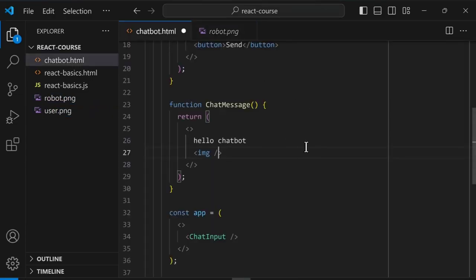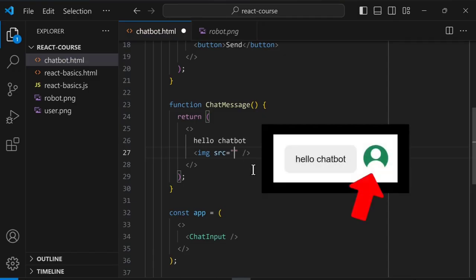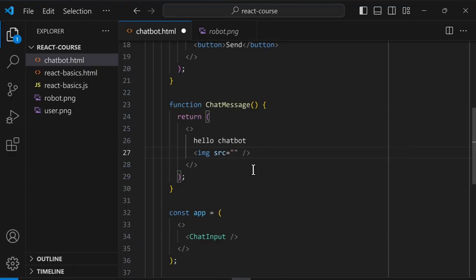To load an image on the website, we need to tell the computer which image to load. To do that, we're going to give this image element an attribute called src, or source, equals double quotes. And inside these double quotes, we're going to tell the computer which image to load. For the first chat message, the image is the user image. So let's type this file name,